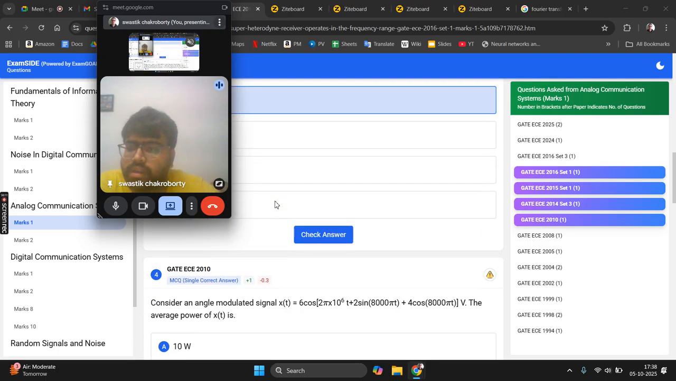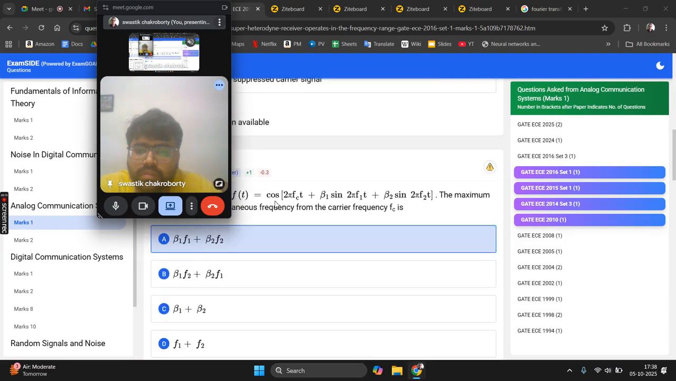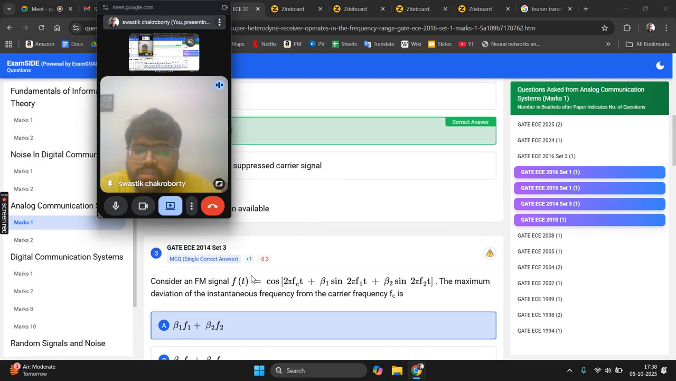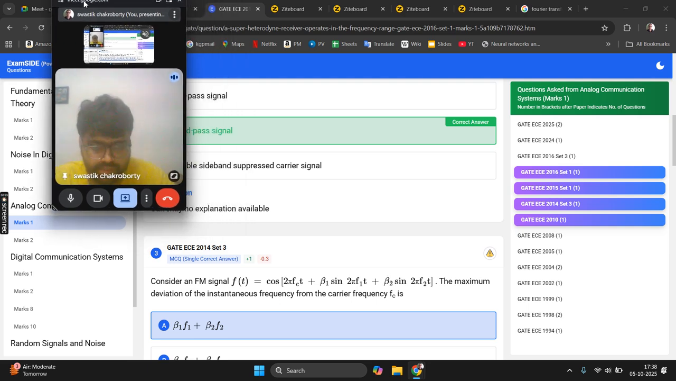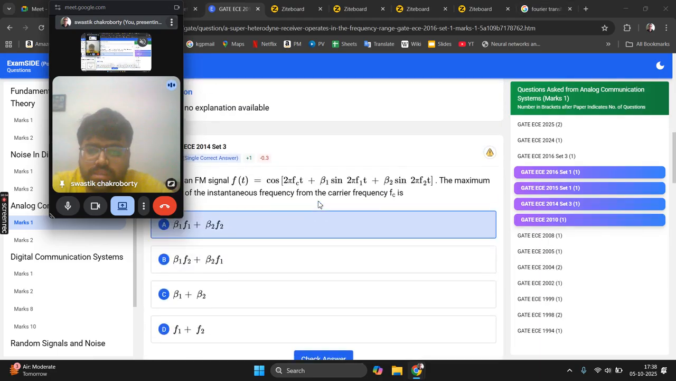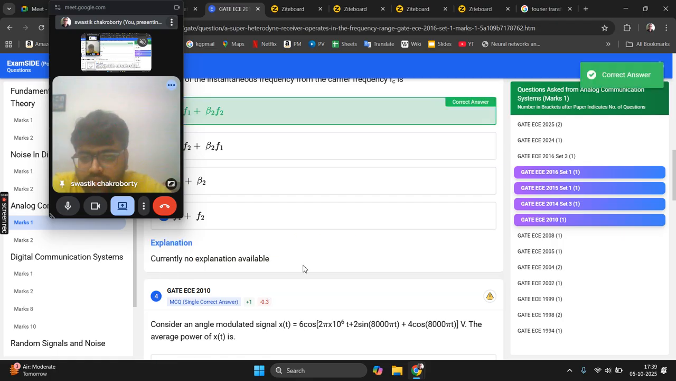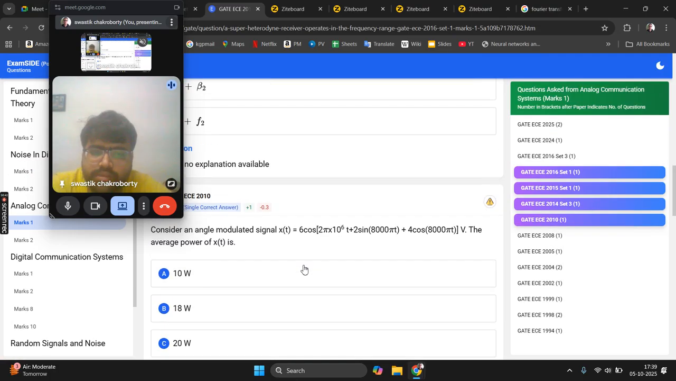So for the next question, consider an FM signal f(t) equal to cos(2π fc t + β1 sin 2π f1 t). So there are two message tones, β1 sin 2π f1 t and β2 sin 2π f2 t. This is very similar to the question we have done previously. So it will be β1 f1 plus β2 f2. This we have done previously, so I am not repeating this. Okay. Next,